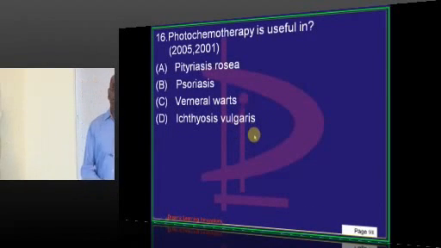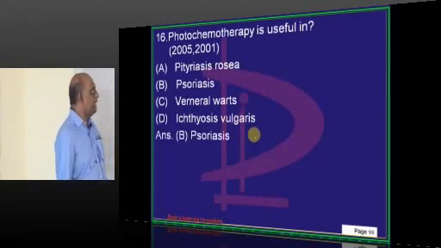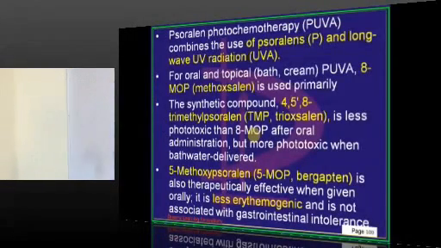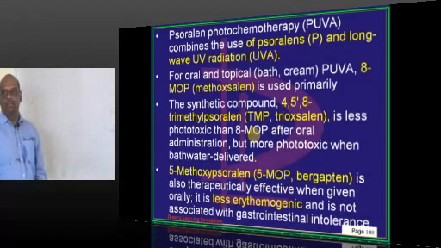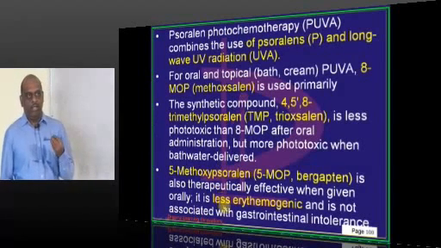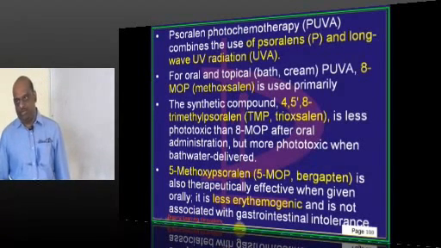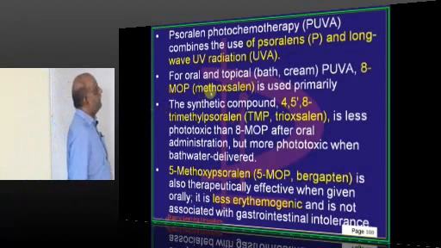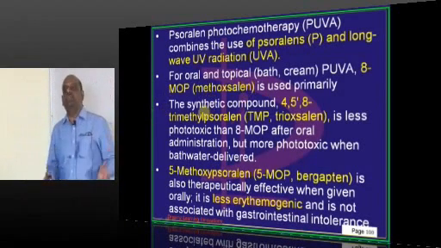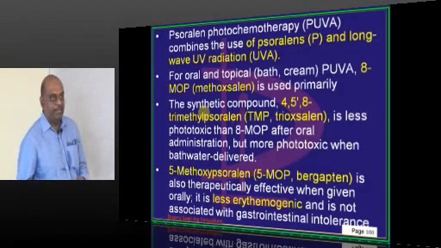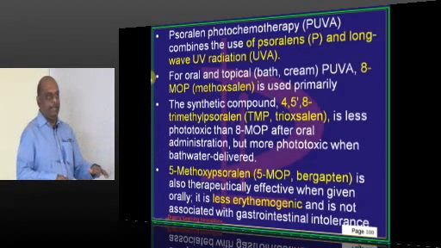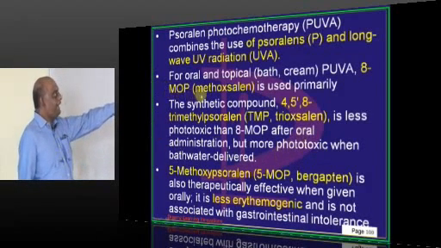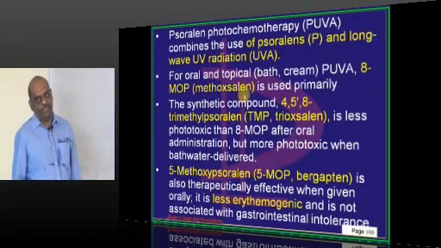Then where do we give photochemotherapy? A combination, classically in case of psoriasis. So what is the chemo part of it? You will give a psoralen along with ultraviolet light. So UVA, ultraviolet A is the one which you will give. And what type of psoralens are available in the market which you can basically give? If you are giving oral and topical, then PUVA and 8-MOP, methoxsalen is used mainly.